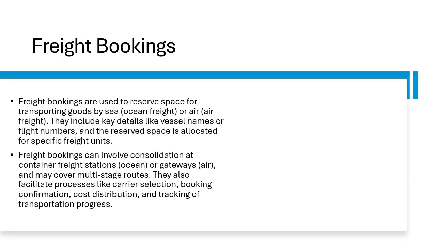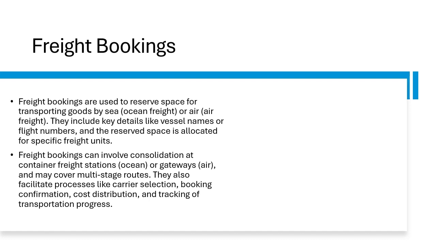And next is fleet booking. So these serve as essential documents to reserve transportation capacity with carriers, which covers ocean and air fleet. So these documents are created based on established schedules and serve as the basis for assigning actual fleet units. Once confirmed by the carrier, this ensures that capacity aligns with the operational needs. So fleet bookings help organizations manage their transportation logistics effectively. Once a booking is confirmed, it signifies that the reserved capacity is secured for use, which also enables smooth